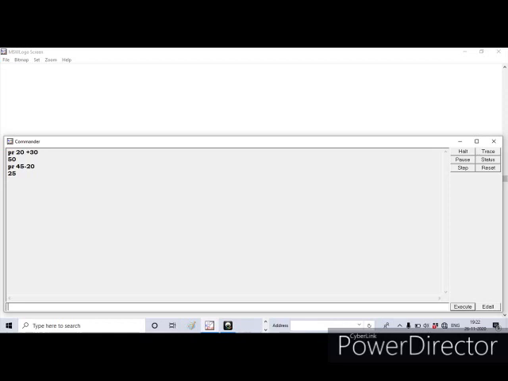Next, I want to multiply two numbers, for example 10 and 20. So print space 20. See, instead of cross, we use asterisk. Asterisk is a symbol that is present on the keyboard. So for selecting that symbol, you need to press both shift key and number 8. When we press shift key and number 8, asterisk symbol will be displayed in the input box.